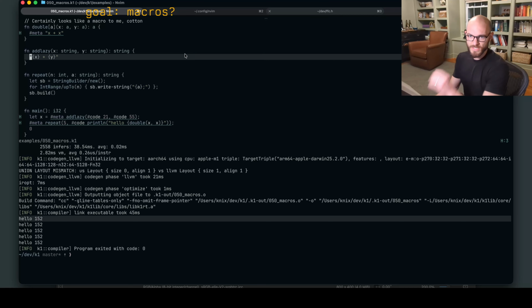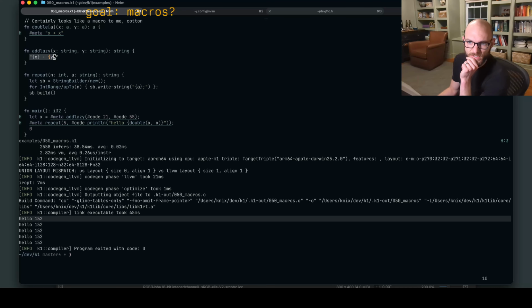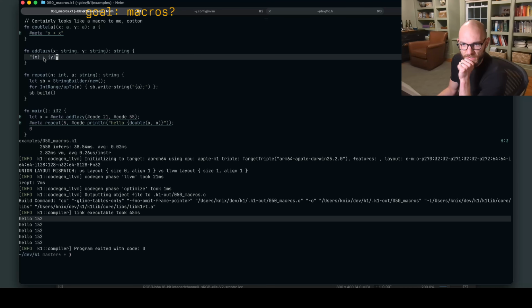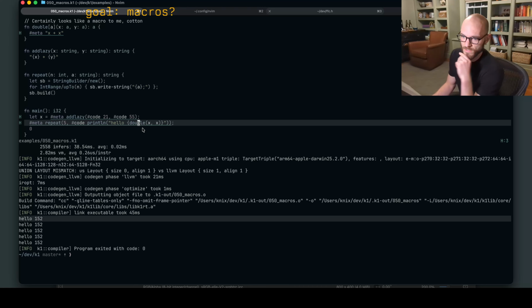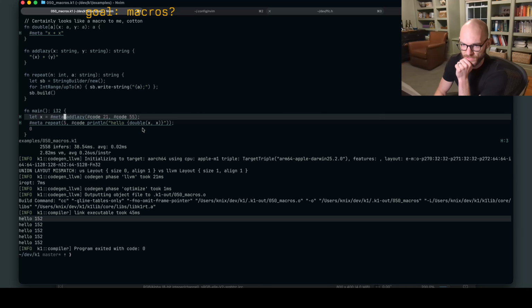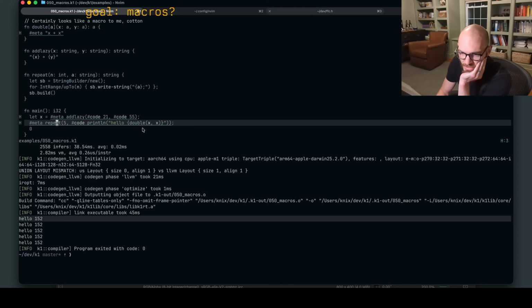The thing is, with this, it's just the string of the code you want it to be. If you're going to call this, then meta needs to appear at the call site. And that's a little worse. The nice thing about this is it just looks like a function call, which, okay, it has the con of like the magic. I didn't declare magic, but you don't want it to be too noisy, right? Like this is too noisy, I think. Every time you invoke a macro, we can't type hash meta.